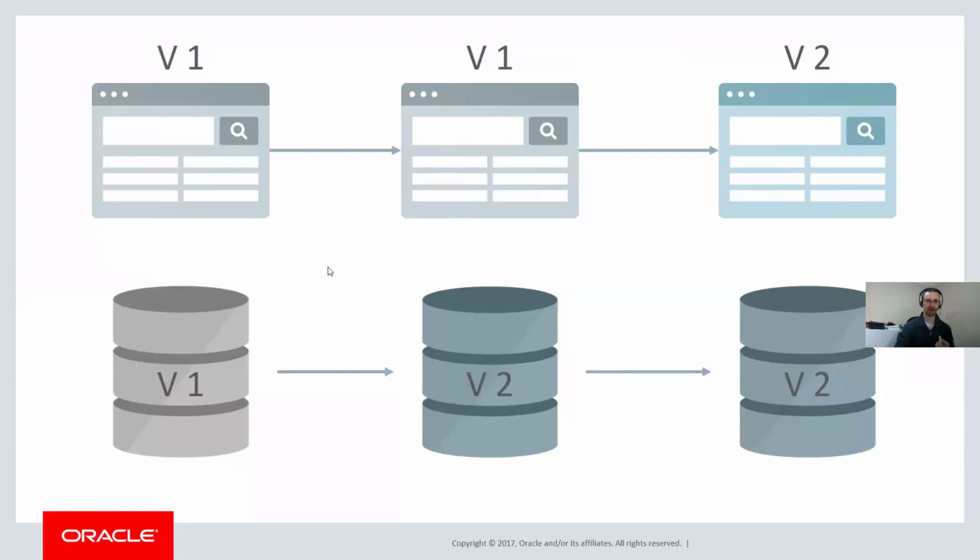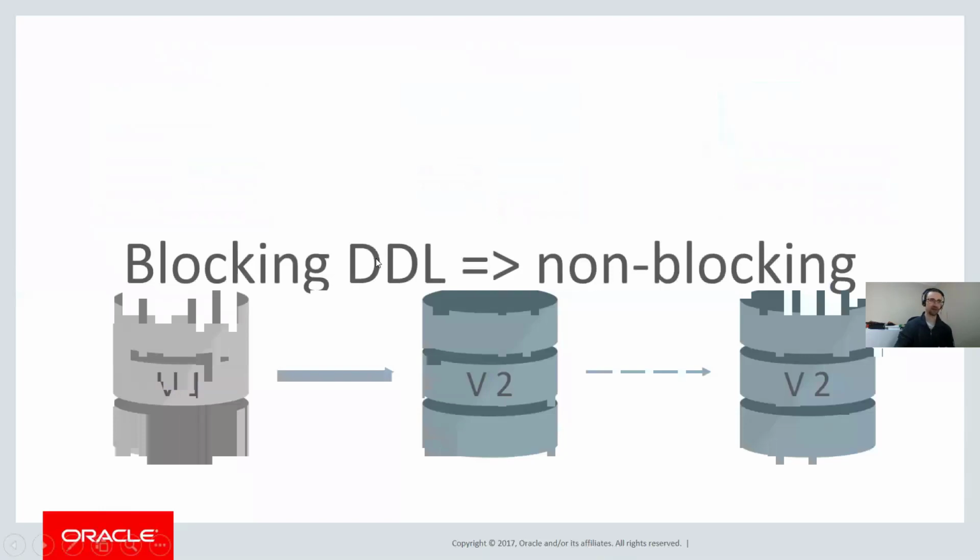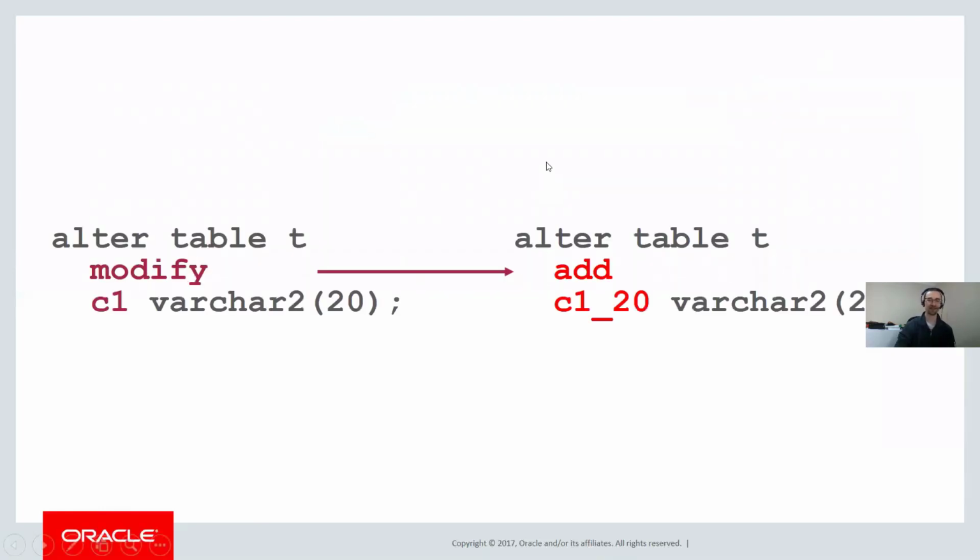Next thing we're going to look at, I'll return to that blocking versus non-blocking scenario we were discussing earlier. And as I said, most operations in Oracle database now are non-blocking. However, there is a key one which you have a good chance you'll bump into, which is modifying the length of a column. So increasing the size of a varchar2. That is a blocking operation. So how can you avoid this? Well, rather than doing a modify of the column, which is blocking, you can turn it into an add a column with the extended length, which is non-blocking.